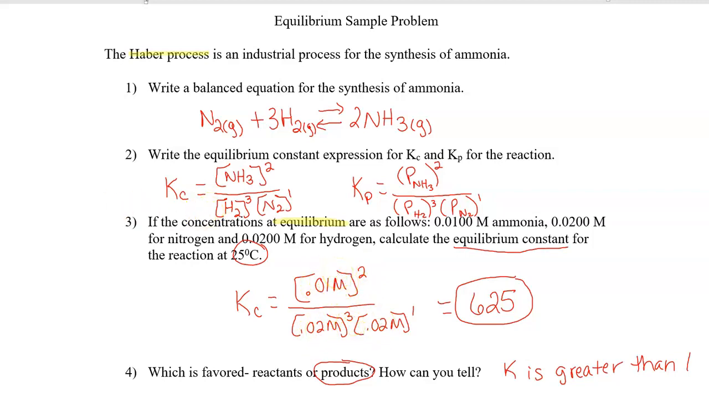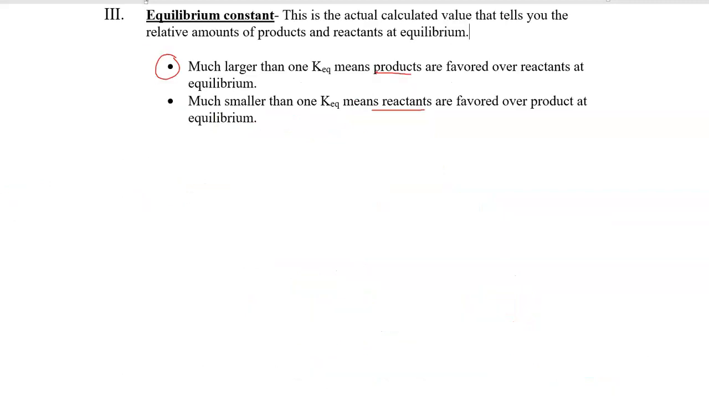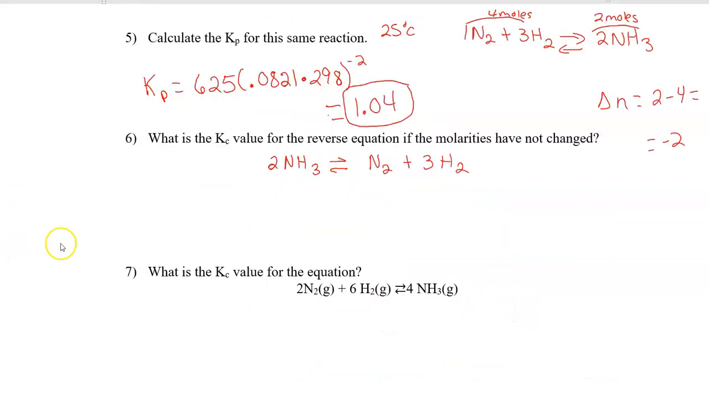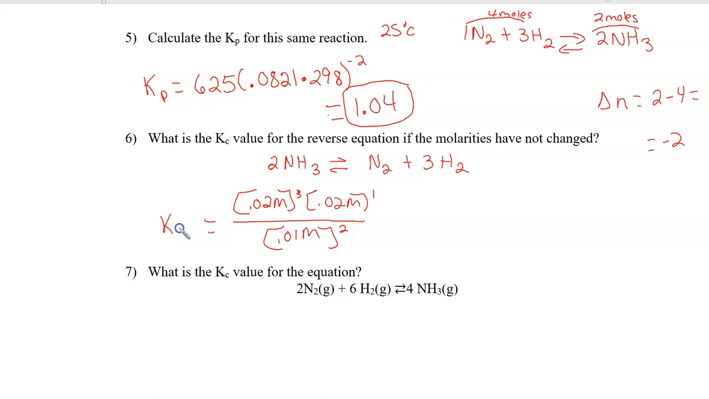So I could take those and flip those around. And so I could go 0.02 molar cubed, it's 0.02 molar to the first, that's these guys, divided by 0.01 molar to the second. And I could put that in the calculator. And I would get,